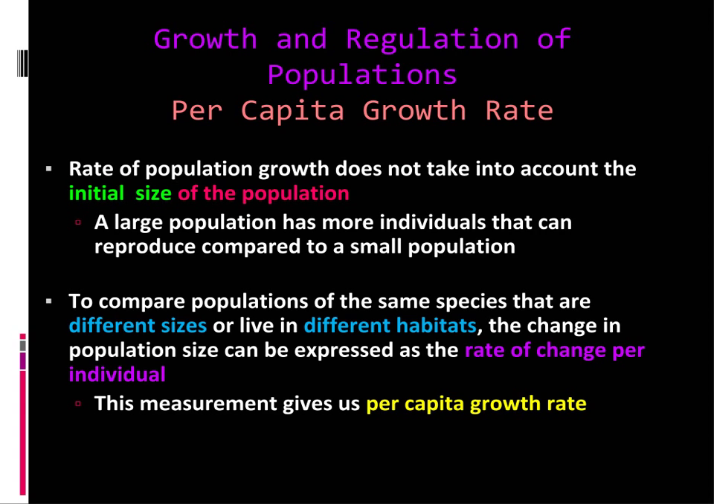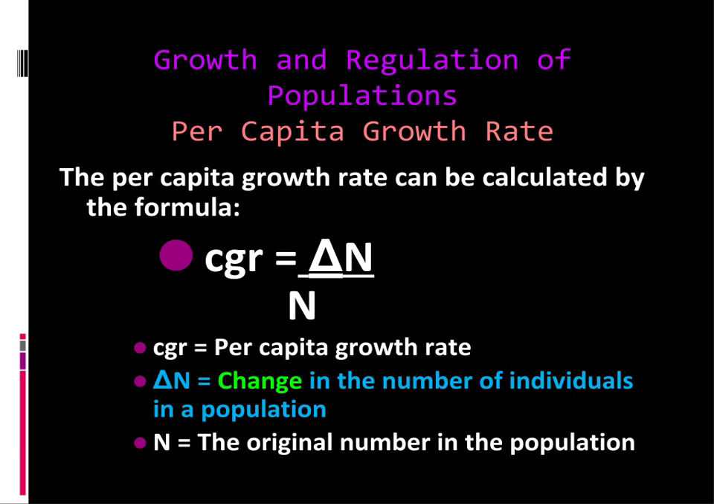To compare populations of the same species that are different sizes or live in different habitats, the change in the population size can be expressed as a rate of change per individual. This measurement gives us a per capita growth rate. And this is a value that you're going to need to know how to calculate. Now, the per capita growth rate can be calculated by using the formula CGR equals the change